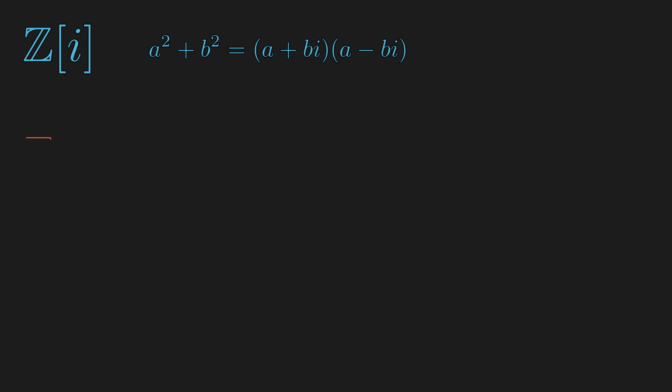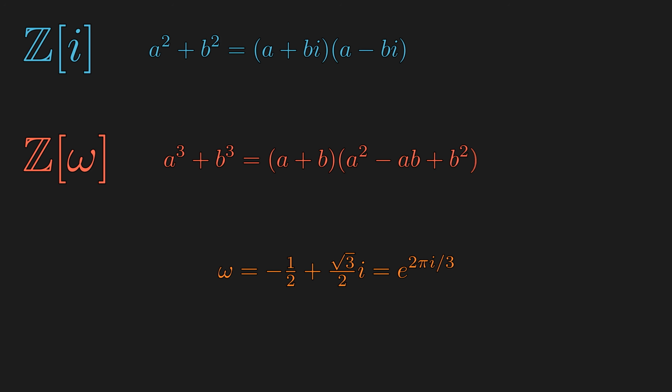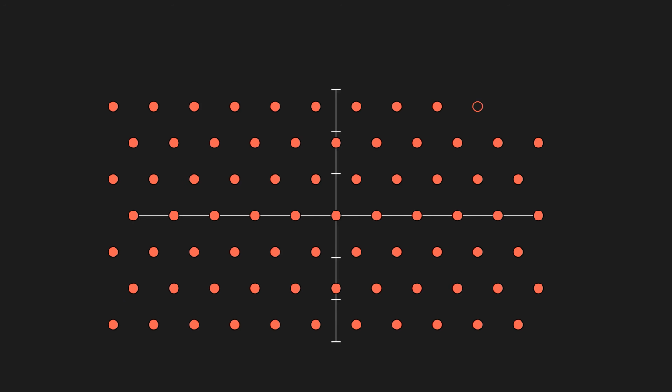Now, as per Euler's new number system, it is Z adjoin omega, where omega is this weird number. But if you are familiar with some trigonometry, you may recognize that this number is a unit complex number at angle 120 degrees. And if you are familiar with some complex arithmetic, it is also called the principal cube root of unity. And in this number system, you're allowed to factor sum of cubes into its linear factors. And if we graph all the points of this number system, it would look like an integer lattice of equilateral triangles.